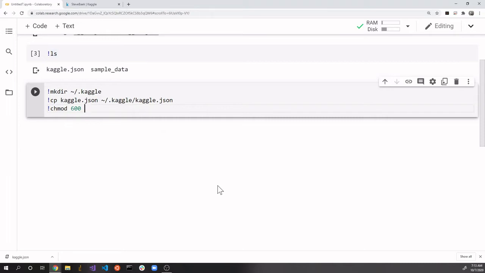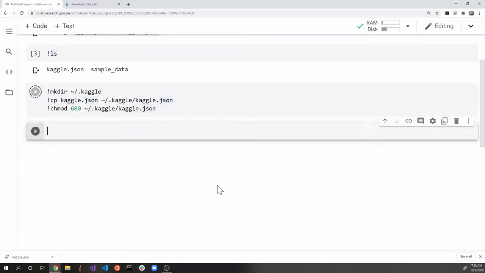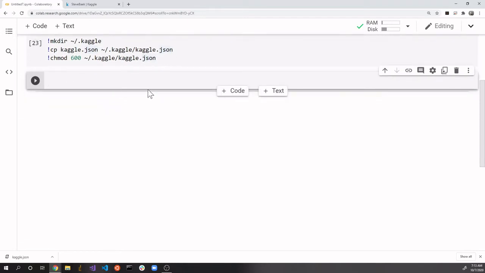By default, the Kaggle.json file is not accessible by external APIs. So in order to give permission to the Kaggle API to access this Kaggle.json file, this is the command that I'm going to use to change the user access right of this Kaggle.json file. I'm going to run this cell, and as a result, nothing shows up